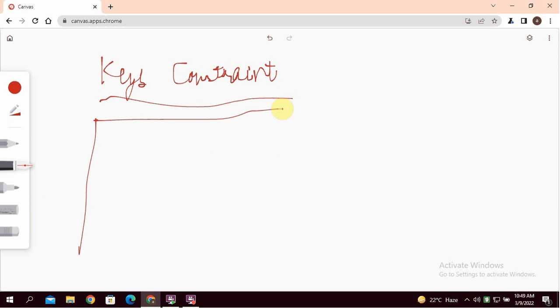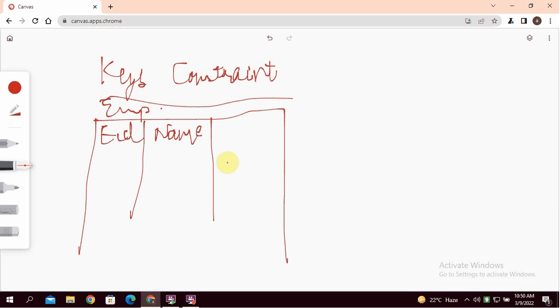Let's take an example here. EMP relation: EID, name, department.